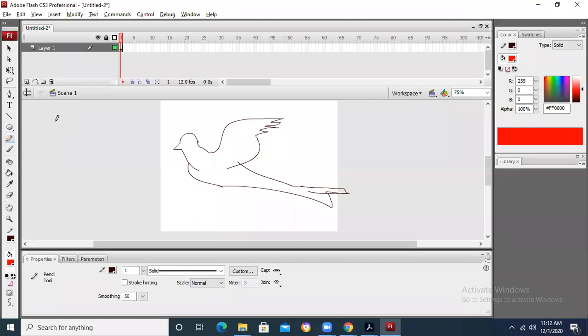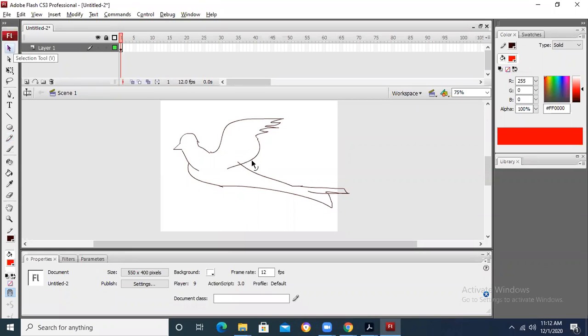Now I have drawn this bird in this way. Although it is not that good, freehand drawing is not that good. So that's why. But what you can do now,